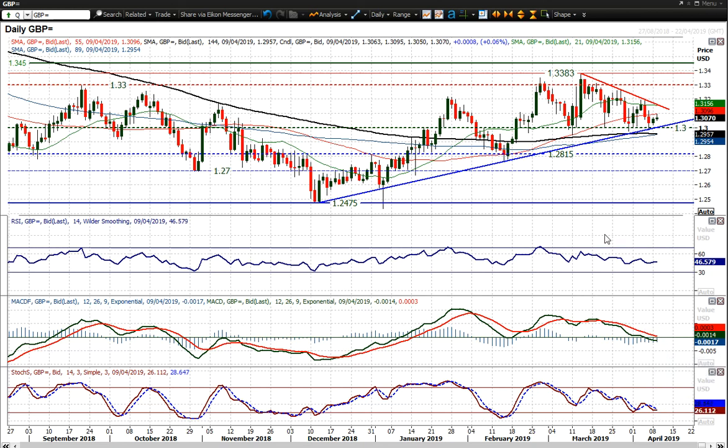Stochastics, I mean, you could argue there's a very slight negative bias in these momentum indicators, certainly on a near-term perspective anyway, given the fact the RSI is a shade below 50, MACD lines possibly about to go below neutral, and we're posting these lower highs. So there is a tendency to arguably attract towards this 1.30 big figure mark,